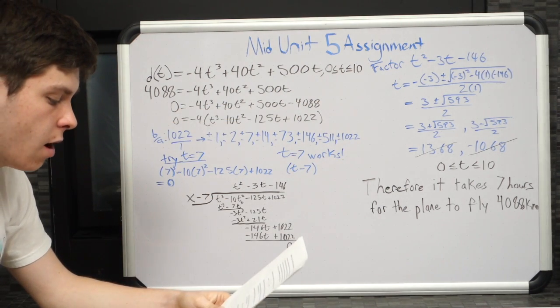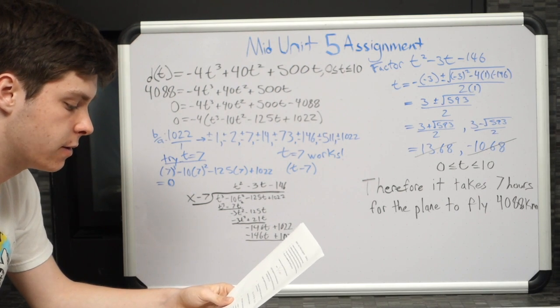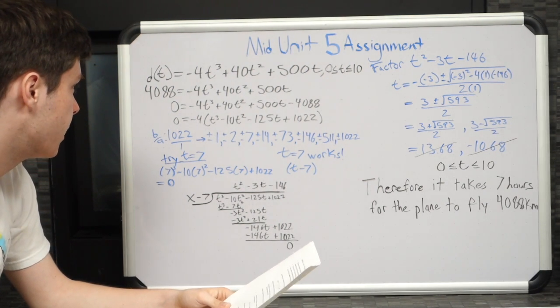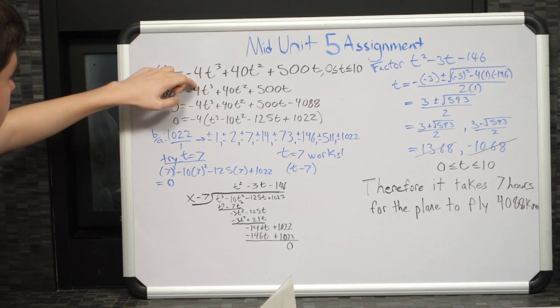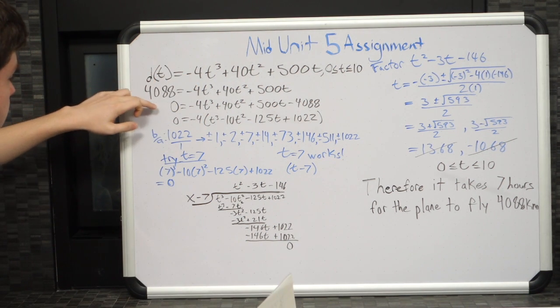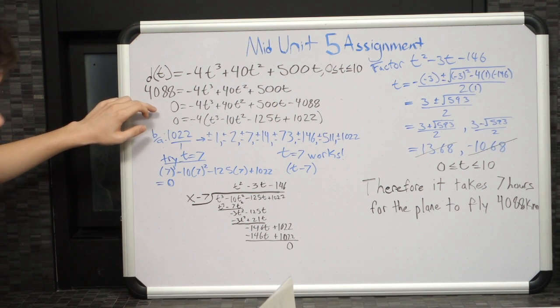And it says, how long does the plane take to fly 4,088 kilometers? So what I did was I wrote the equation is equal to 4,088,